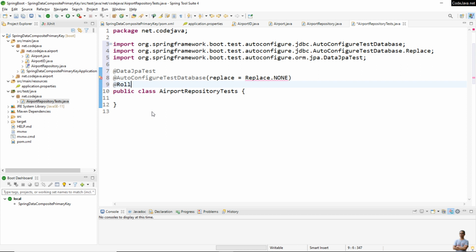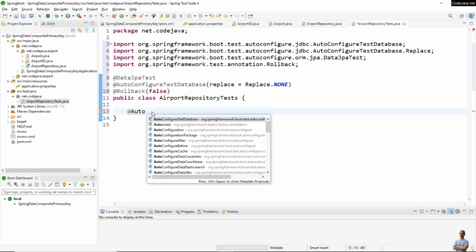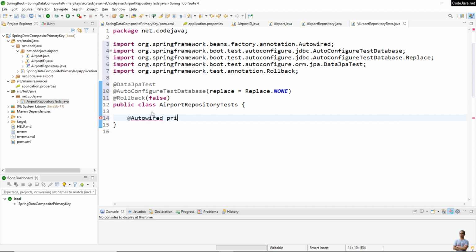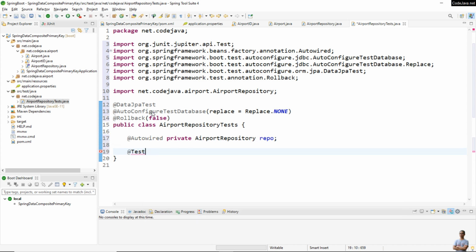Okay, and use rollback equal false to keep the data in the database, and I also write an instance of the airport repository interface, repo, and the first test method